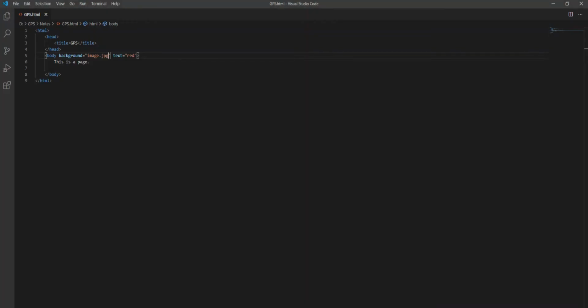The first requirement on your side is that you have to find a particular sized image from Google, right? And you can use this image, because we are not creating a website in this lecture, we are just trying to explain how you can use these tags to design your web page. So we have the background tag to set the image. If we want to set the image on the background of the body tag, then you can use this tag, right? So this is the background tag.